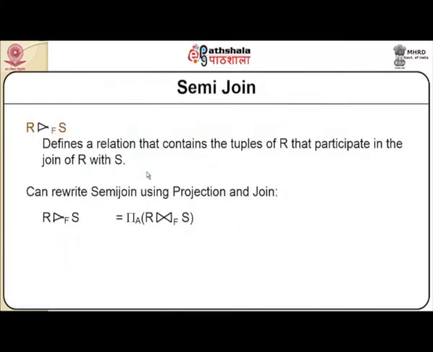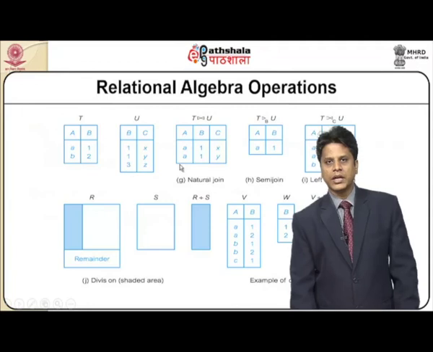And the last operator with the join is semi join. This semi join is represented with a notation, a half join with a predicate between two different relations R and S. A semi join defines a relation that contains the tuples of R that participate in the join of R with S, and this can be very well rewritten with basic projection and join operations. R semi join S is equal to projection of R equijoin or natural join of S with a predicate A, that we have represented here,